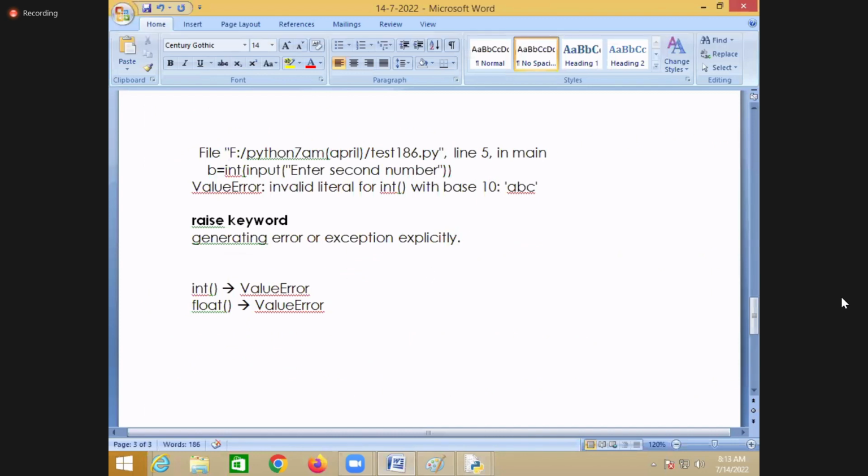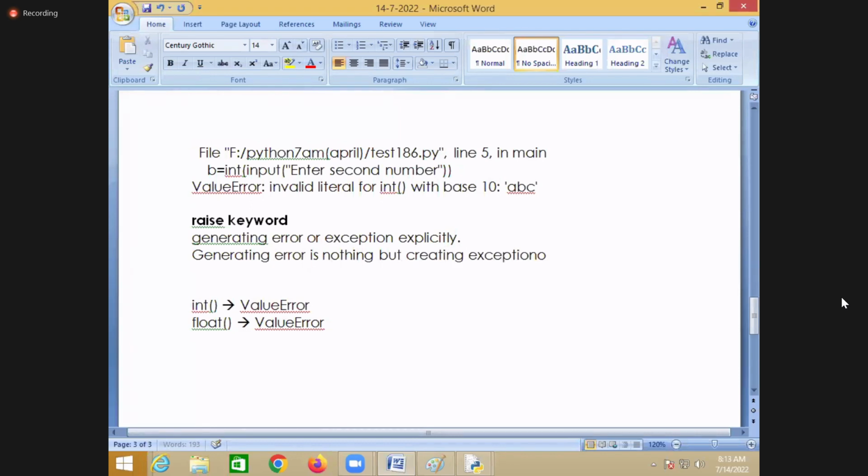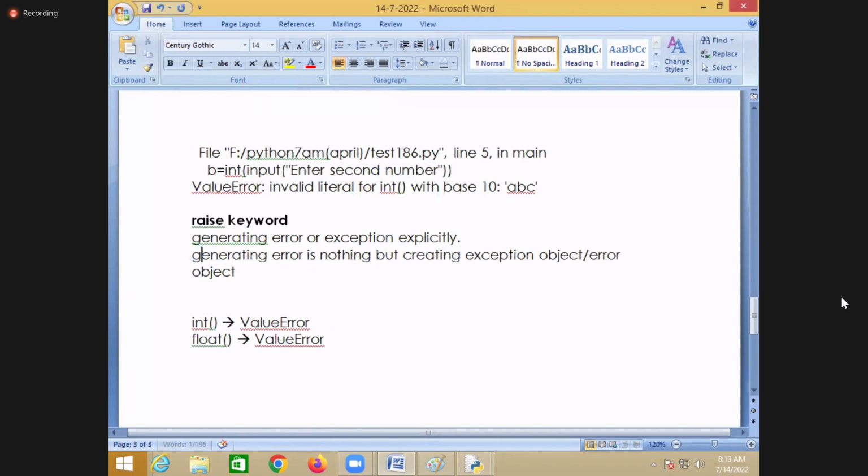Generating an error is nothing but creating an exception object or error object and giving it to the Python runtime.